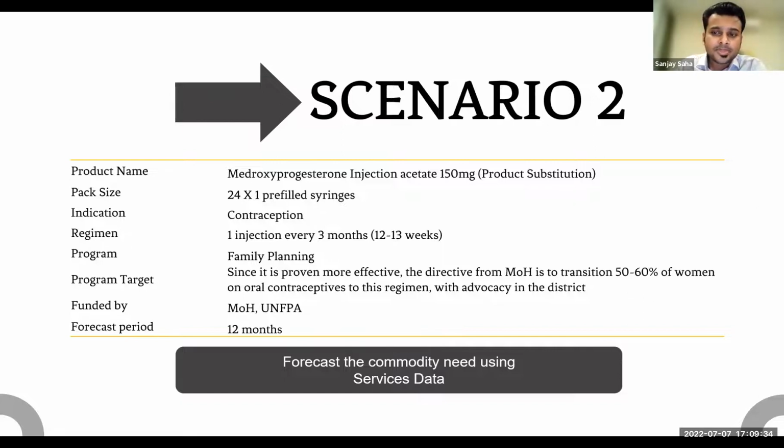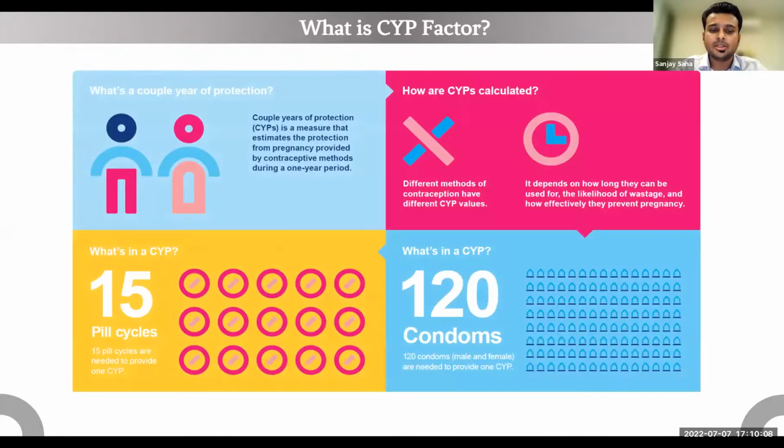So in District X, all women are on oral contraceptives. And we cannot compare the consumption of oral contraceptives with this one, because the dosage form is different and quantities are different. So we cannot use the consumption data of oral contraceptives, which are generally tablets, to do forecasting for an injectable product, which is also not needed at the same frequency. So hence, we use services data, where it is much easier, or also when it is a new program or a new product. However, before doing that, you must know one more thing, something called a CYP factor, couple year